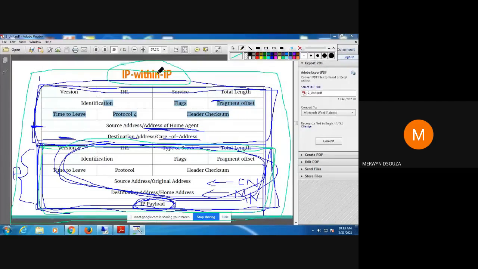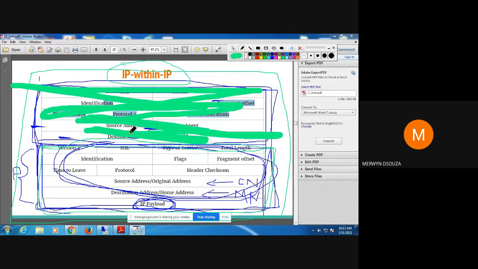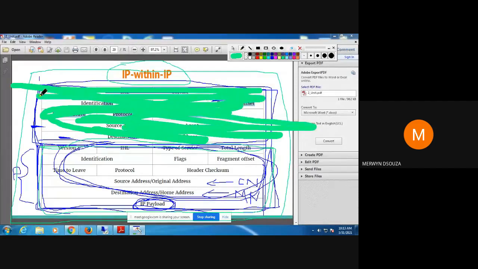When you send this entire thing, the foreign agent removes the additional part that you have put. This is known as decapsulation. Once it removes that, it gets the original packet, and then forwards it to the mobile node. That's how it works. Stripping the original packet from the encapsulation, removing the header, is known as decapsulation.